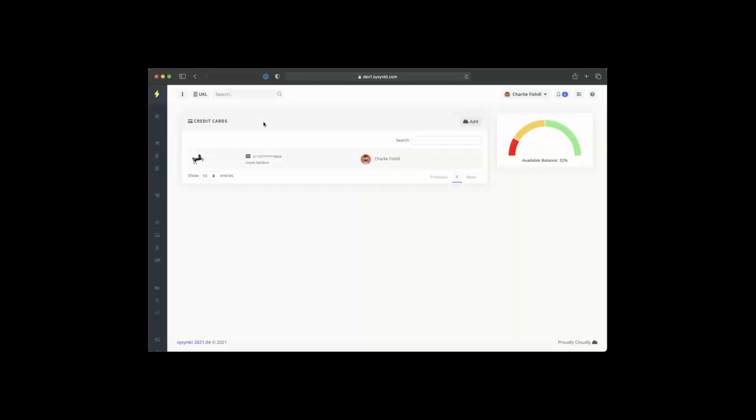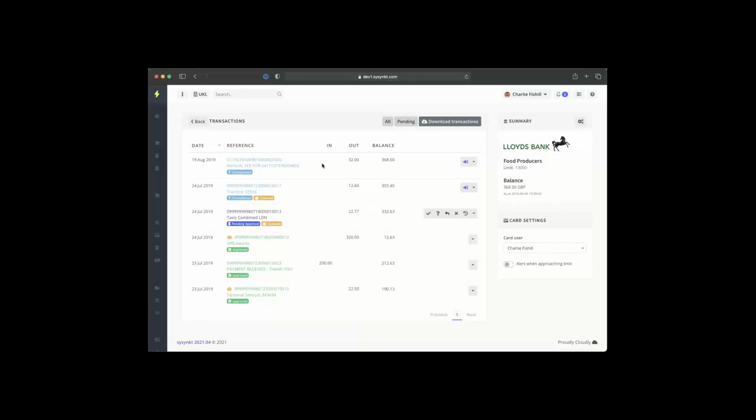So here's my credit card, or this user's credit card. It's a Lloyd's card. Again, as Lee said, we have the ability to hook into lots of different banks should we wish. Great, and what the system has done now is it's showing me a list of the recent transactions on this